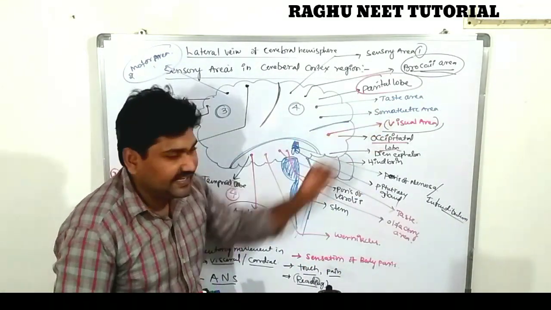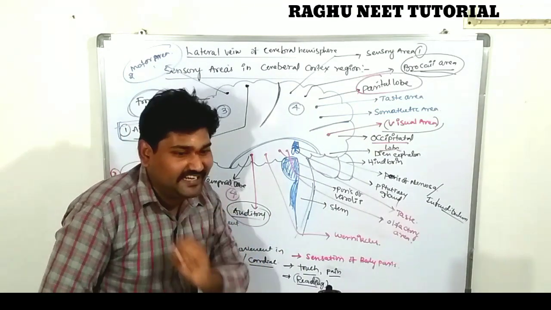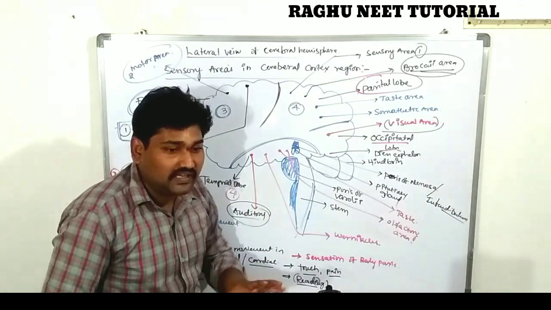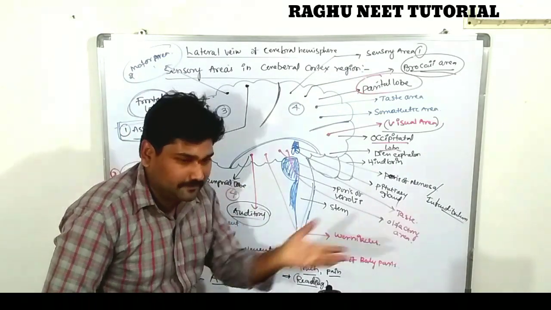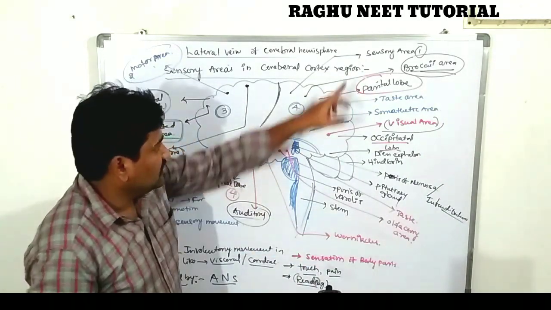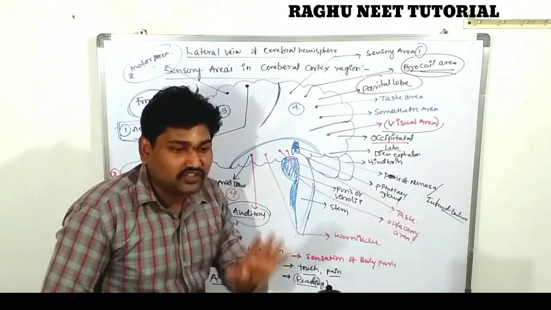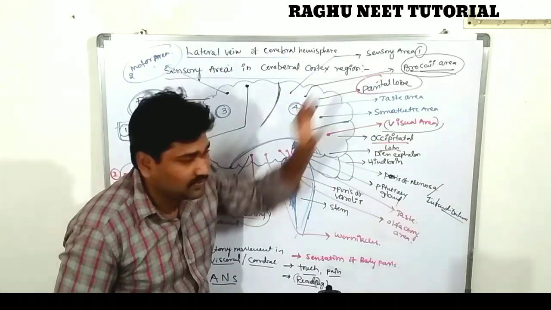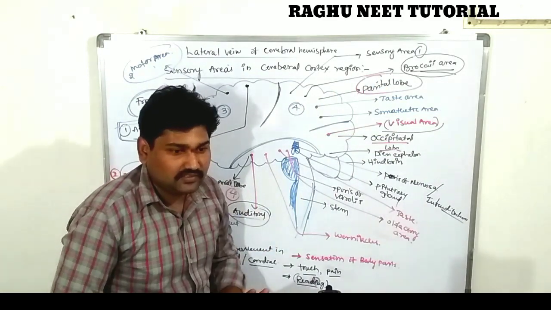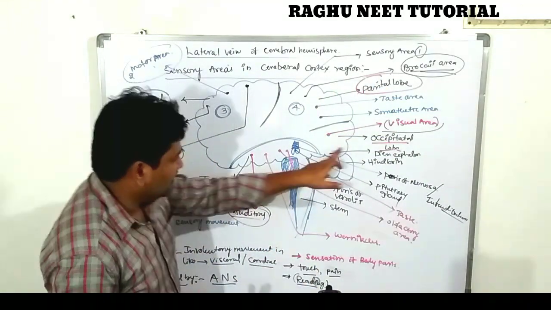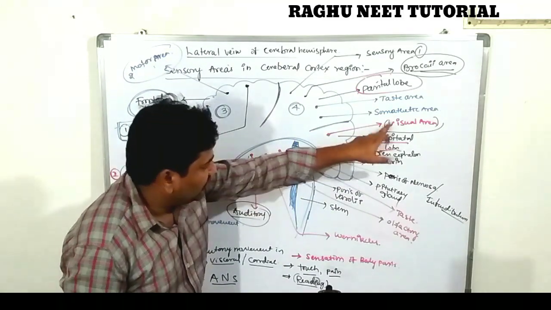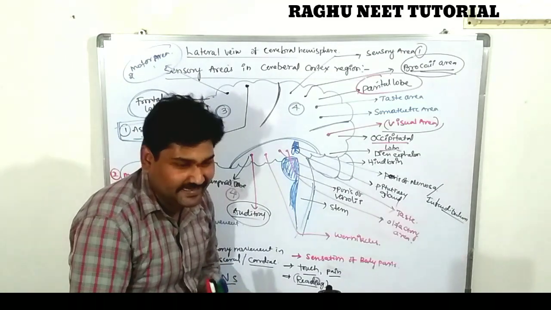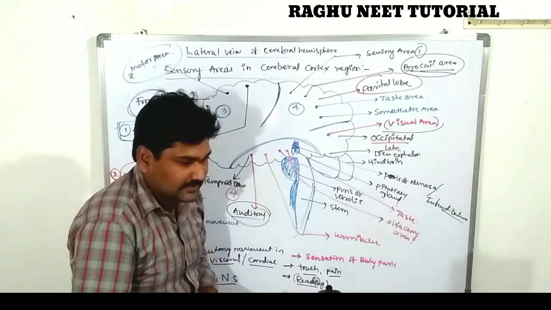The taste area is the perception of the taste of food. Next, Broca's area is useful for the way of speaking. The sensory area is useful for the determination of sensation, like touch. The somatic area and sensory area both act the same. Next, the occipital lobe contains the visual area. It is useful for the vision of the organism, like reading or looking at anything. That is our visual area.